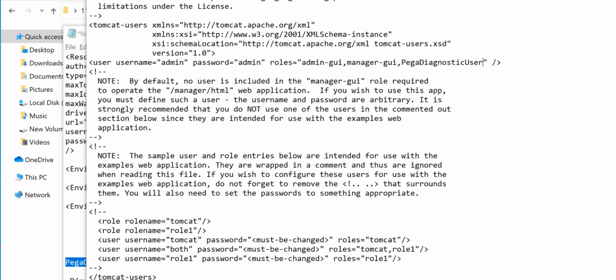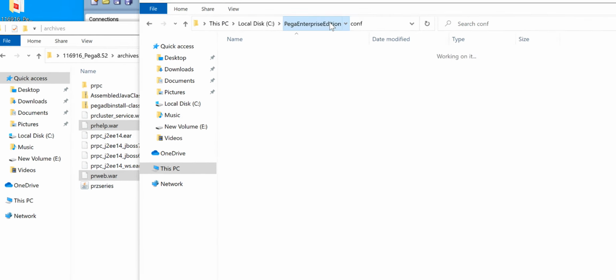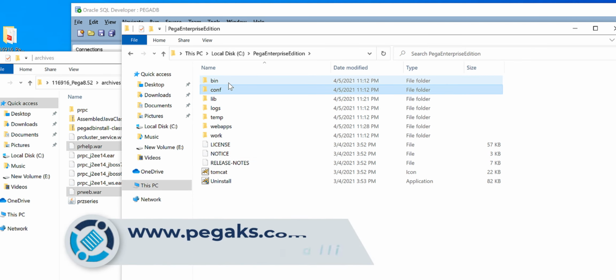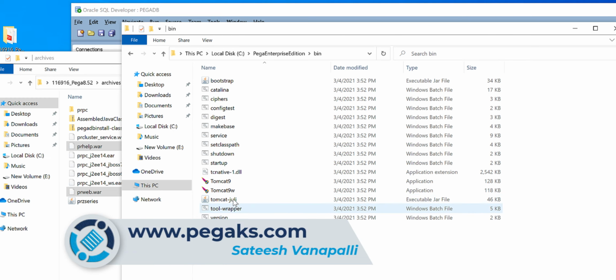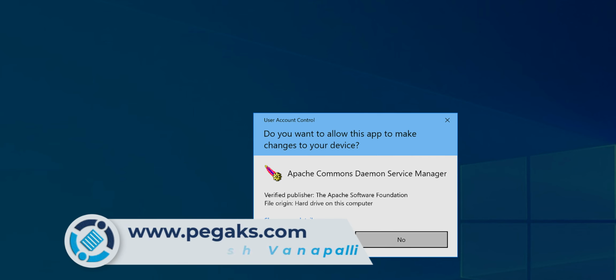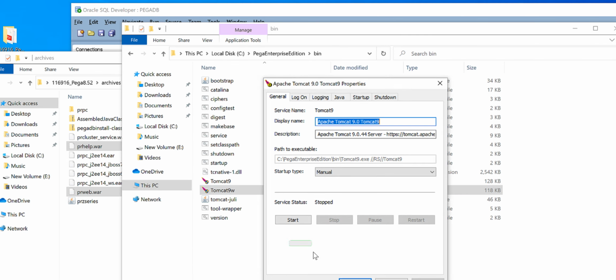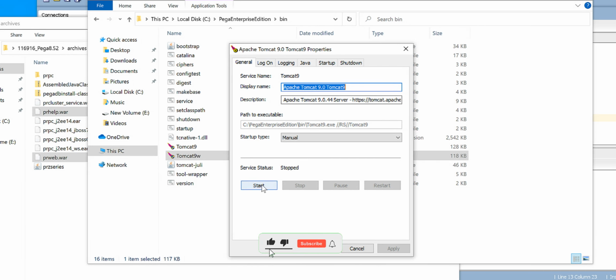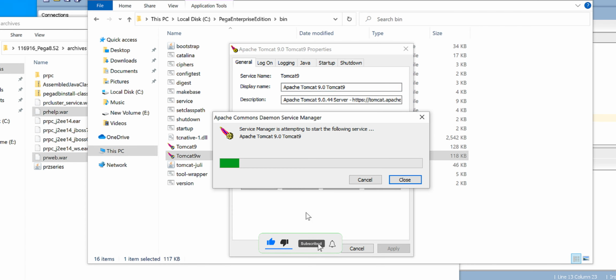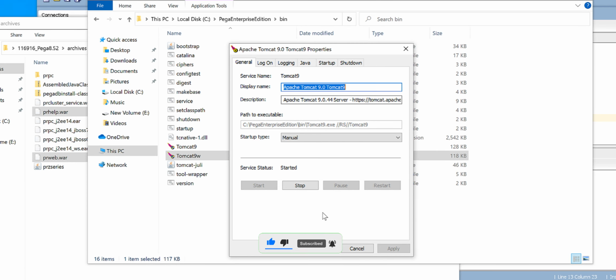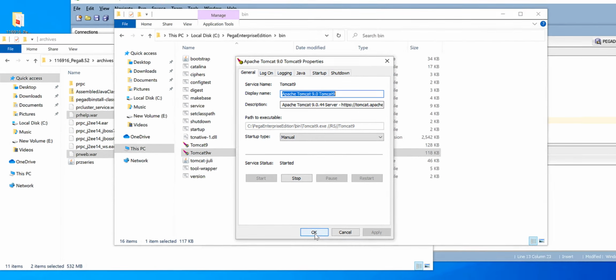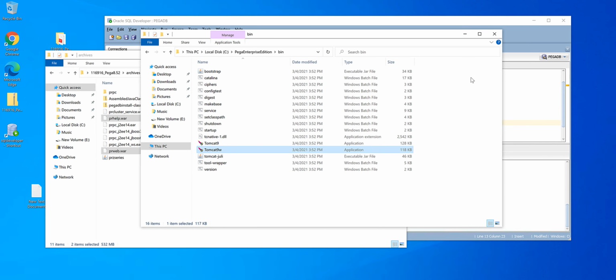Save and close this file. Now go to your Tomcat folder and under the bin directory, double click on this Tomcat. Now click on start. Click on OK to close this properties window.